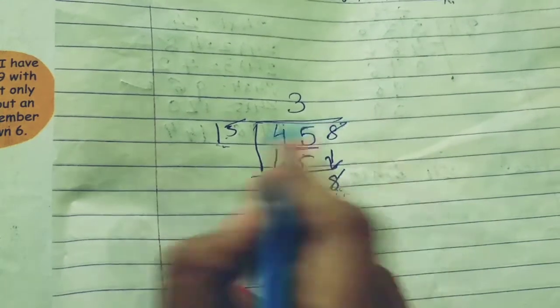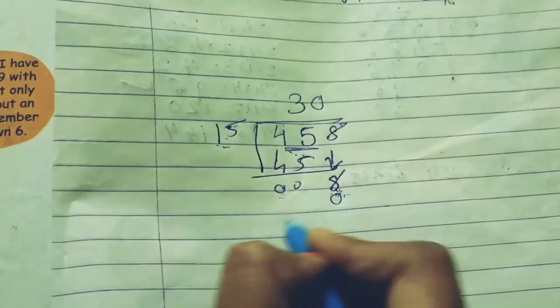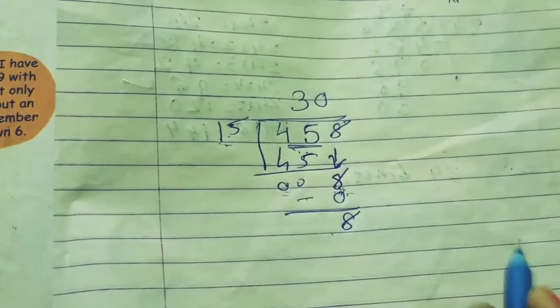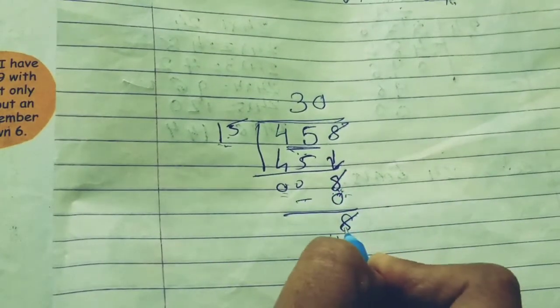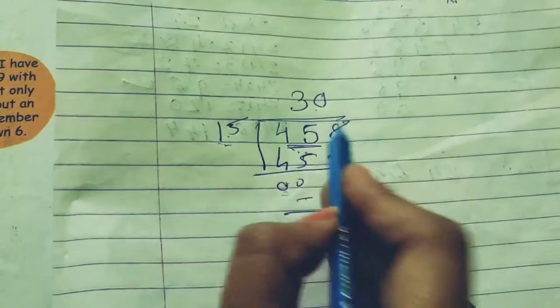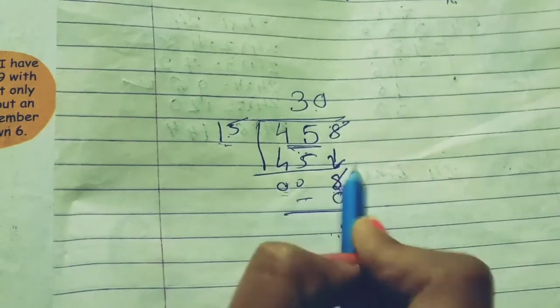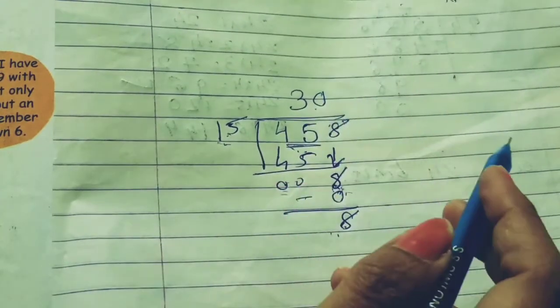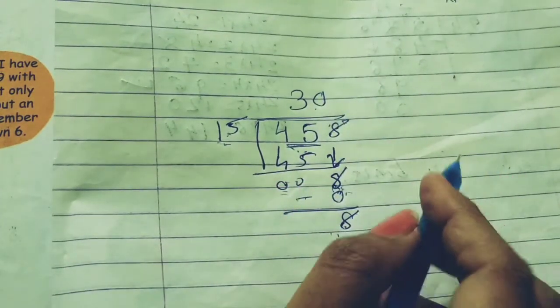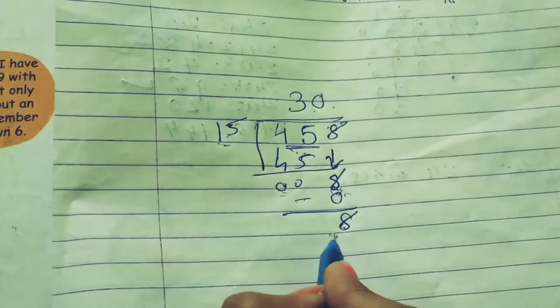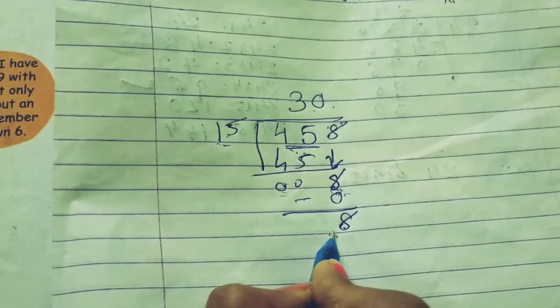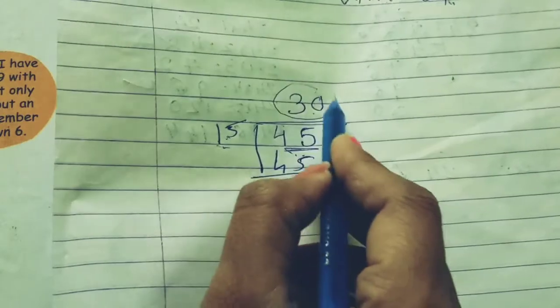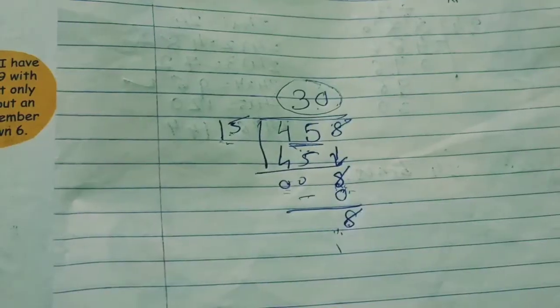So 15 zeros are 0 and remainder is 8. Subtraction करो and remainder रहता है. Then no need to write 0. But ऊपर से जैसे नीचे लाओ and if it is smaller than this divisor then we have to put the 0. So how many rows he can plant? 30 rows and 8 apple trees will remain. Total 30 row होगी, 8 will remain.